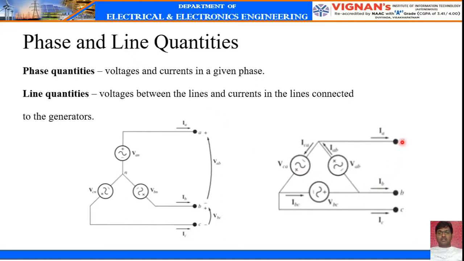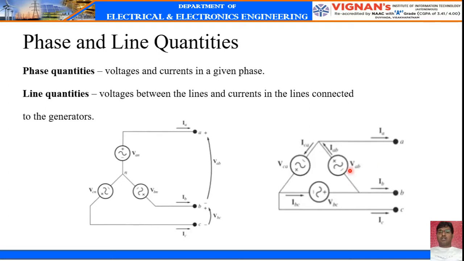In a delta connection, there are three terminals that can be connected to lines: terminal A, terminal B, and terminal C, and three currents that are coming to these terminals. So this current is IA, this current is IB, and this current is IC. These currents IA, IB, IC are called line currents. Now, if you measure the voltage between point A and point B, that is voltage VAB, it is observed that the voltage across this element or this phase is the same as the line voltage VAB, because these two terminals are the same as the terminals across this phase voltage VAB.